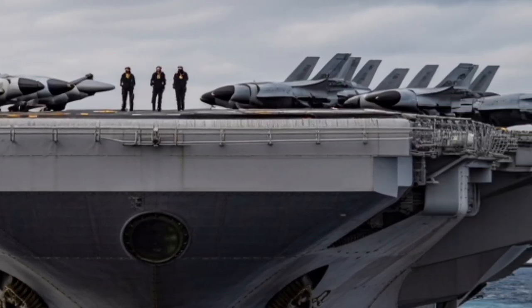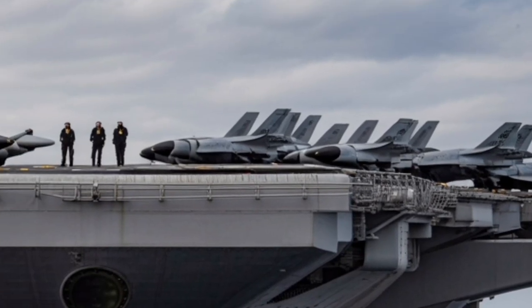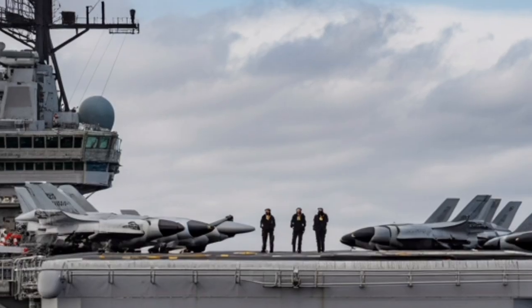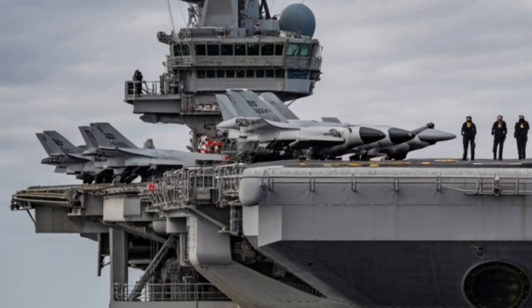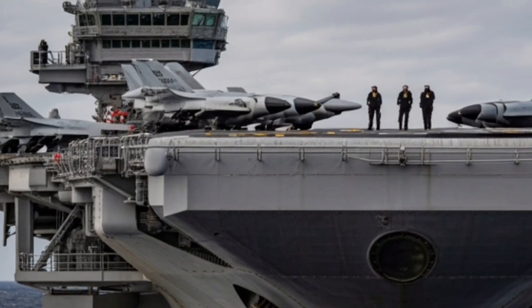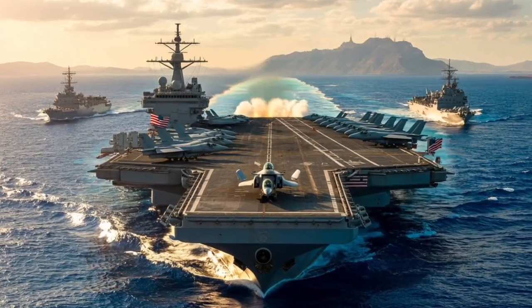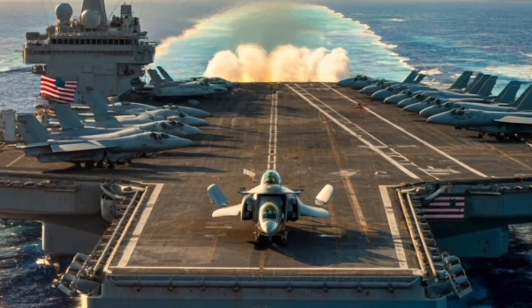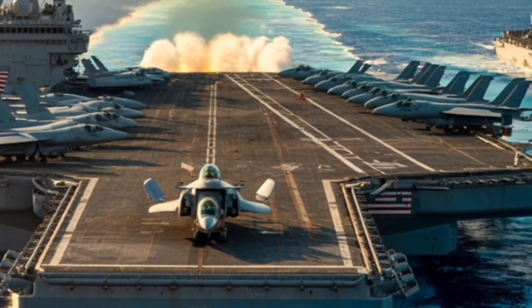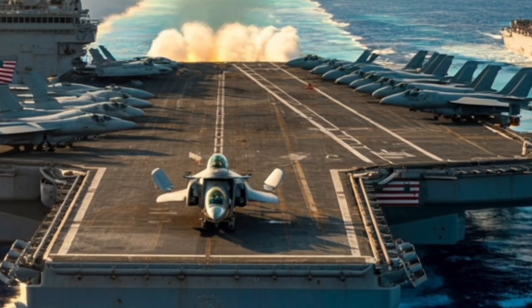Spanning over 1,092 feet in length, it is longer than 3 football fields laid end-to-end, with a full load displacement exceeding 101,000 tons, making it a floating city that moves across the oceans with both authority and precision. Its flight deck alone covers nearly 4.5 acres, providing ample space for a full air wing that can include more than 70 aircraft, ranging from fighter jets to surveillance planes and helicopters, all coordinated to operate simultaneously in a highly